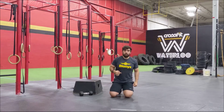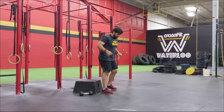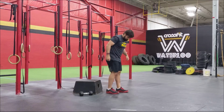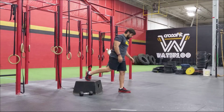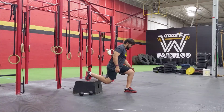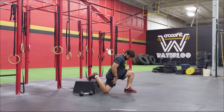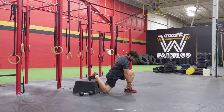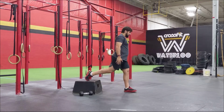Then we're gonna go into some Bulgarian squats. We're gonna go for 10 per side here. So with those Bulgarian squats, find an object where you can elevate that one foot. From there, we're gonna bend at the knee, trying to keep ourselves as tall as possible, and making sure that when we're coming down we have our weight in our midfoot, so we're not getting onto that toe, we're nice and planted,